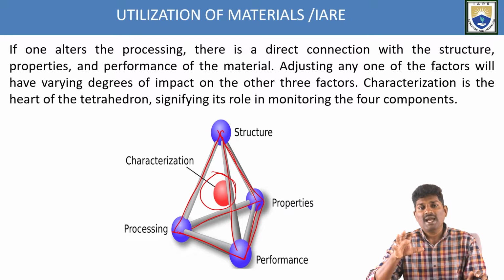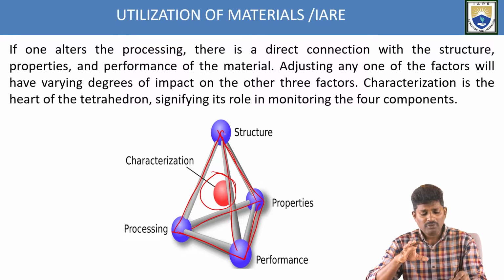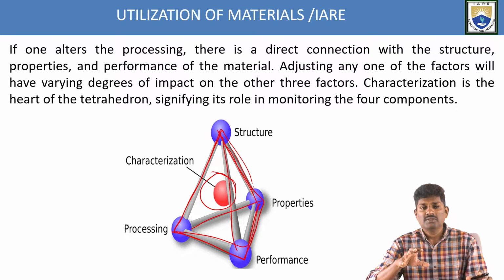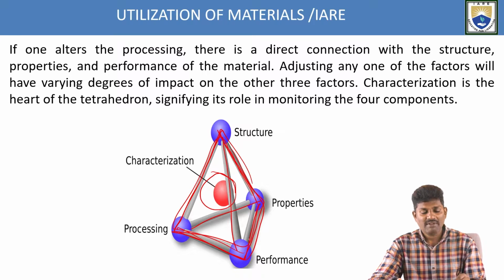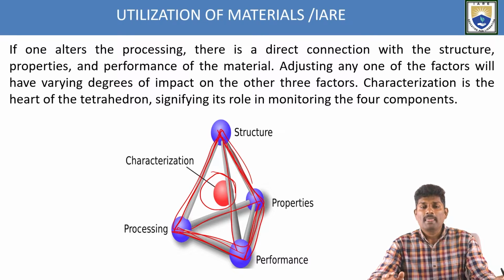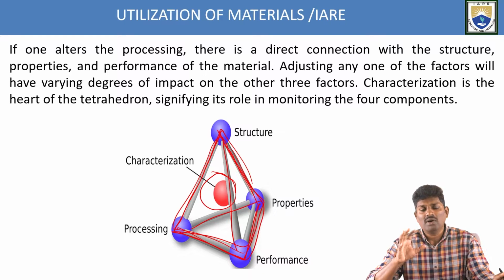So the characteristics of the material are these four things which we have here. These four play a major role when you decide any characterization of the material. So this is how, when you decide to select a material, or when you try to alter the characteristics of any material, these four are the major components you have to take into consideration while doing any alteration to the material.